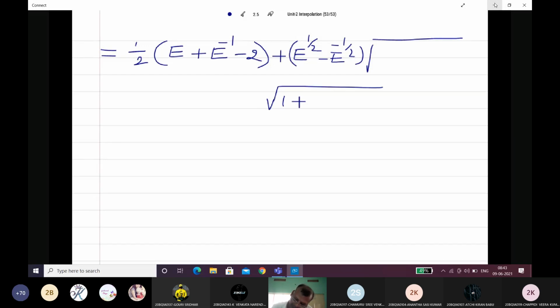One plus e plus e inverse minus 2, by 4 minus 2 by 4. Okay, now inside the root take LCM and simplify. 4 minus 2 is equal to